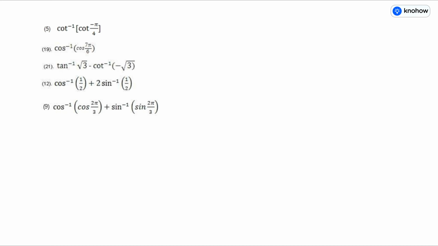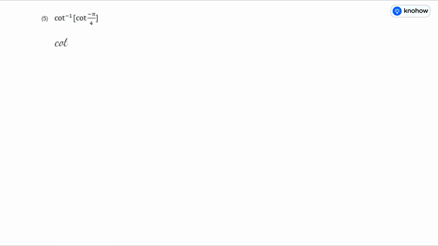Fourth, fifth part. Find the value of cot inverse cot negative pi by 4. You know, a simple property involved is that cot inverse of cot theta is theta, provided theta lies in the principal value branch. Now what is the principal value branch